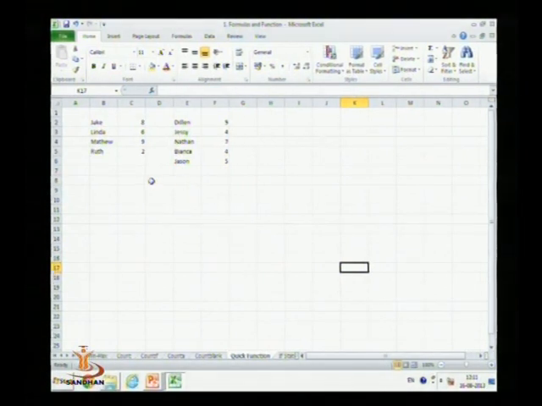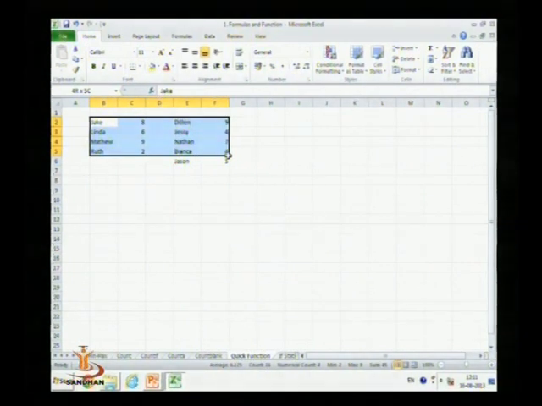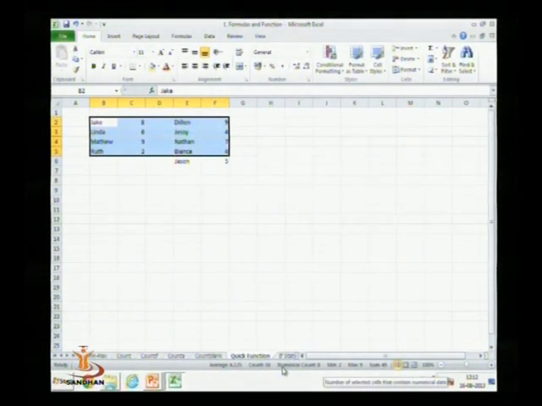Another option is the quick functions. Just by selecting the data, it shows the numerical count and the average of the selected cells in the status bar, in the status line of the worksheet area.